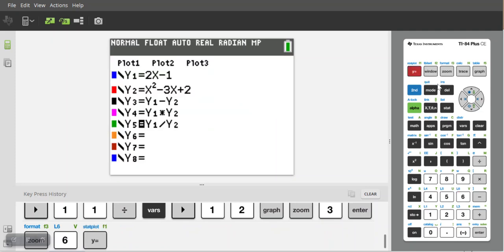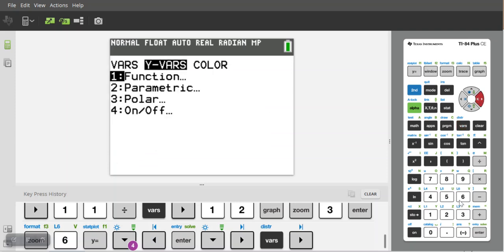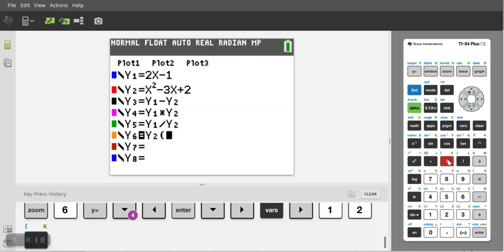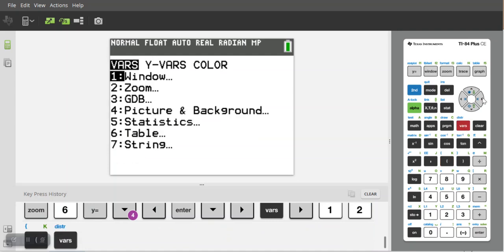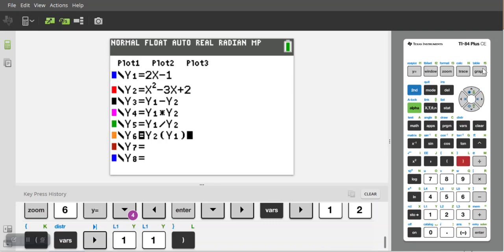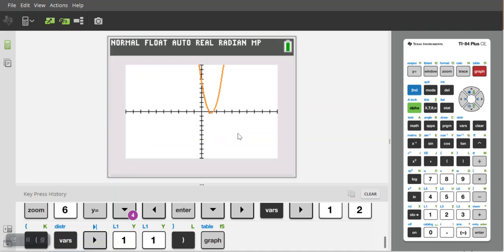And then I can also do composition. So let's say I want to do y2 of y1. I can go to variables 1, function 2, and then using function notation, the parentheses, this now will mean y2 of, and I just want to input that first function. So if I graph that, I get this function, which again should be quadratic, but it is different than the